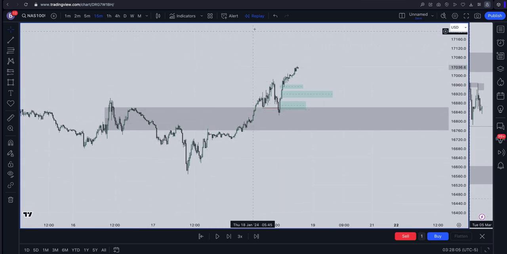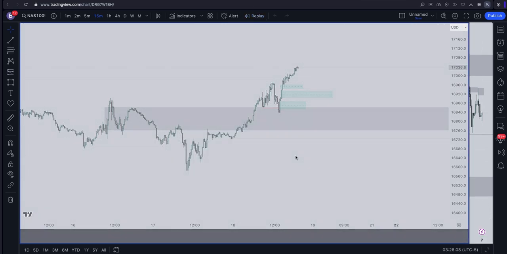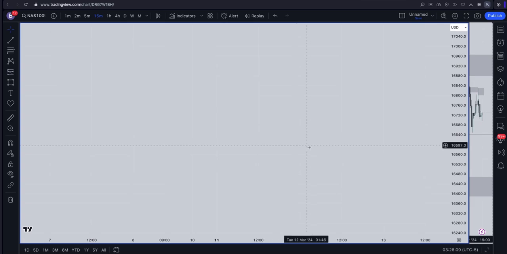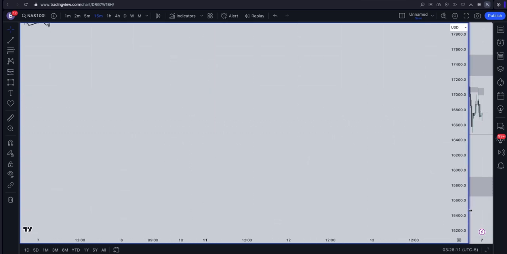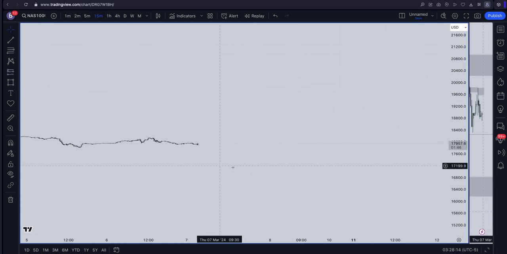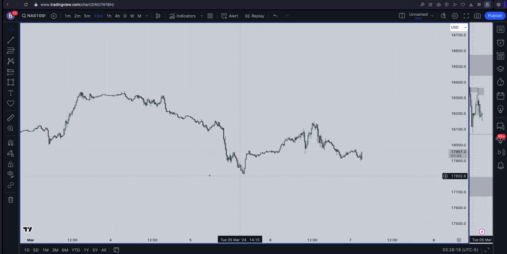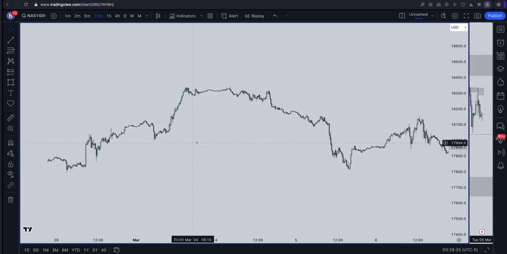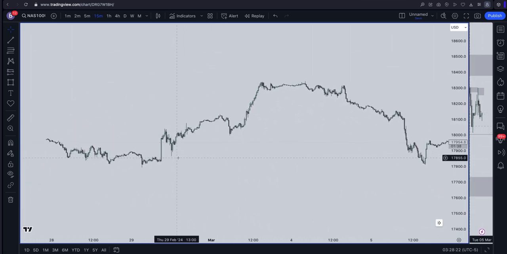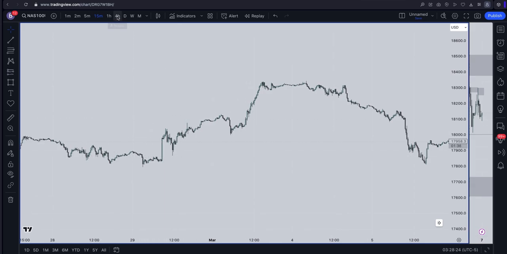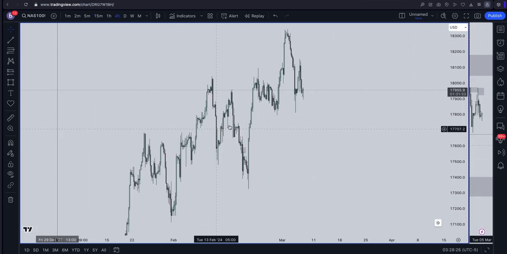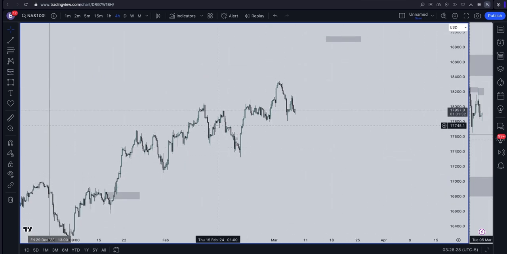One more example. I'm sure I said one more example before, but let's look for one more example, and then that will be it for this video. If you guys have any question on time frame alignment, feel free to DM me, and I will explain more to you. So let's look at 4-hour. Even if we look at daily, all those higher time frames, it's still going to be the same thing.